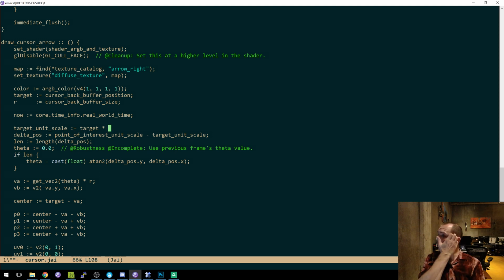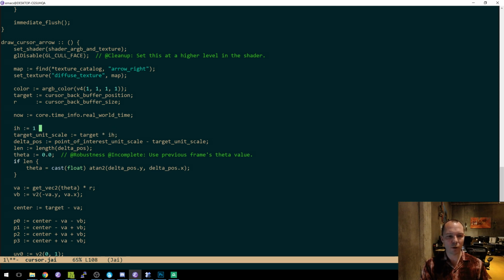So I don't just want to divide width by width to get one and height by height to get one, because that'll give you differently sized units in each direction. So since I'm using height as my canonical thing, I'm just going to say IH is 1 divided by